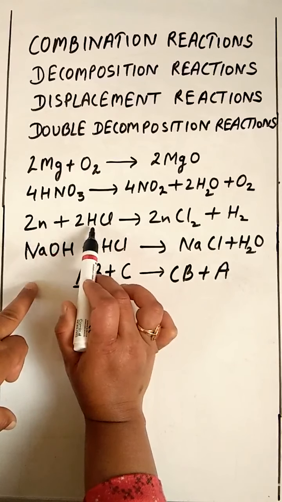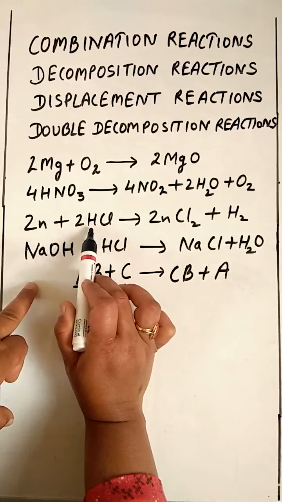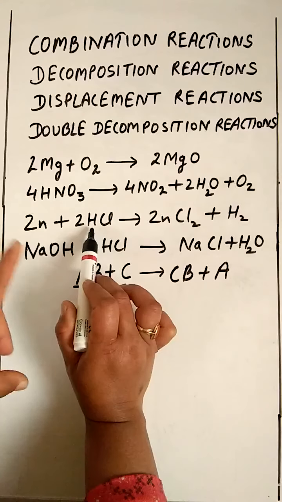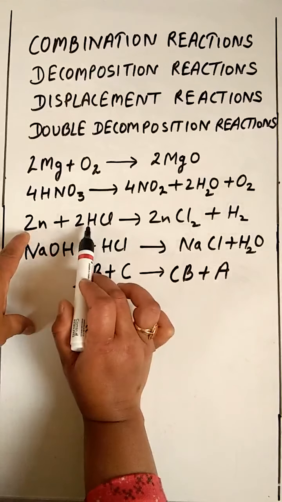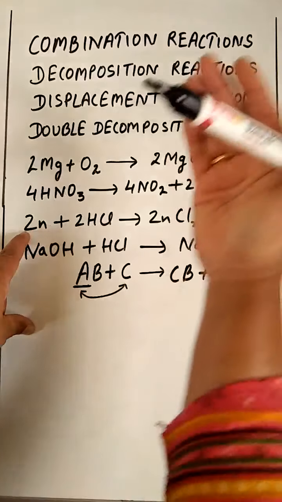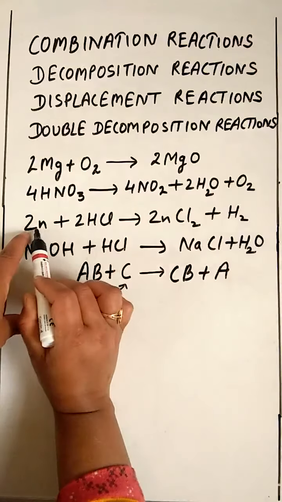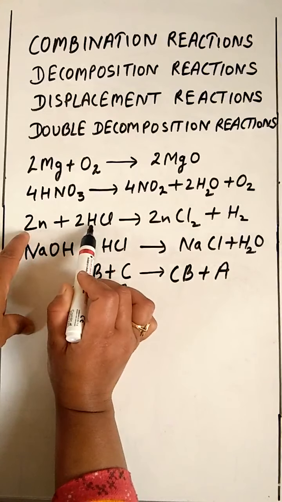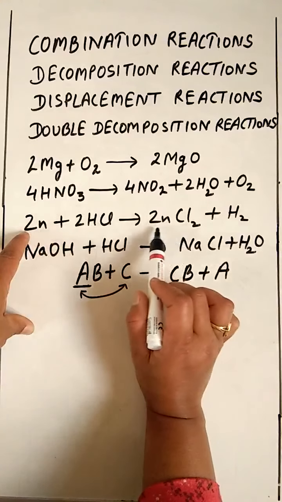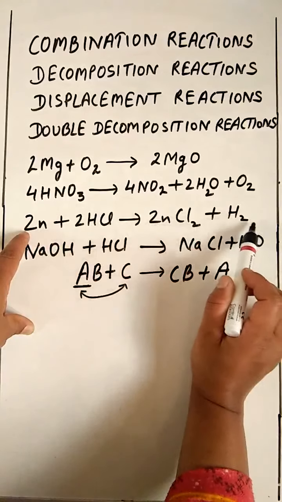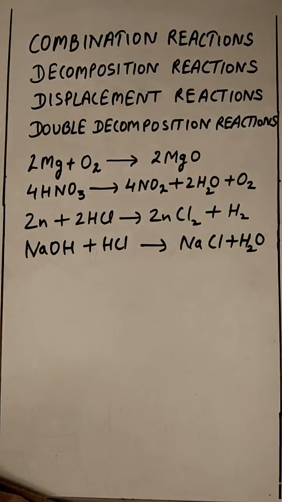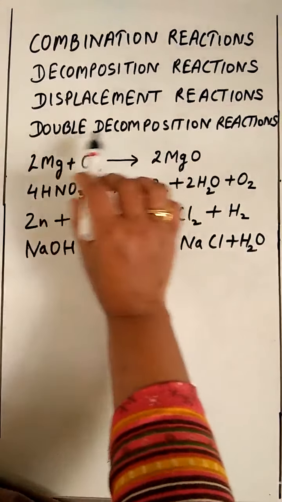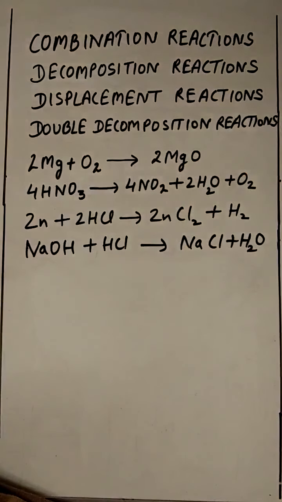It is a non-metal, but still it has its place in the metal reactivity series. If you have a look at that series, zinc is more reactive than hydrogen, meaning zinc comes first, hydrogen later. So zinc very easily will displace this hydrogen. So what will you get? Zinc chloride and hydrogen. So what kind of reaction is this? This is a displacement reaction. Now let us move on to the last category of reaction, double decomposition reactions.